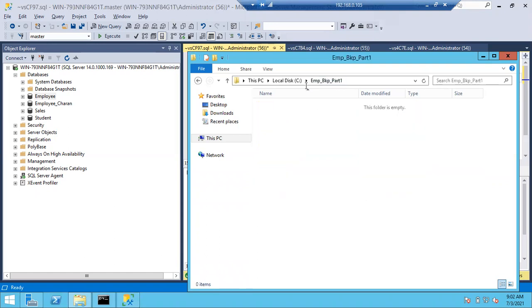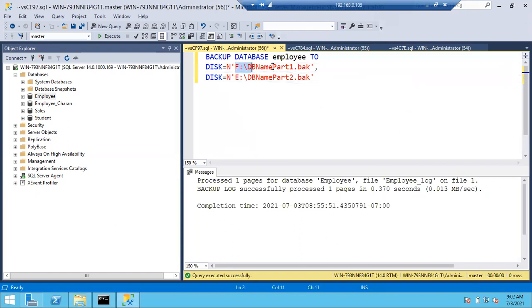Let me give the path. The first part I'll give to this path, backslash employee underscore full bkp underscore part 1.